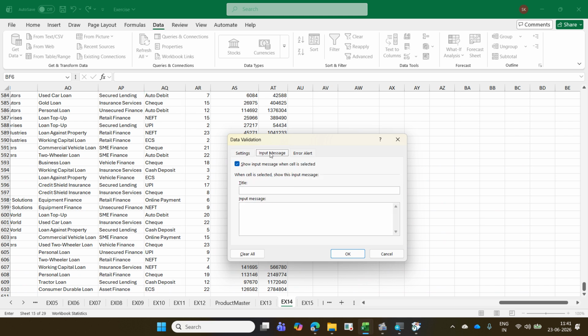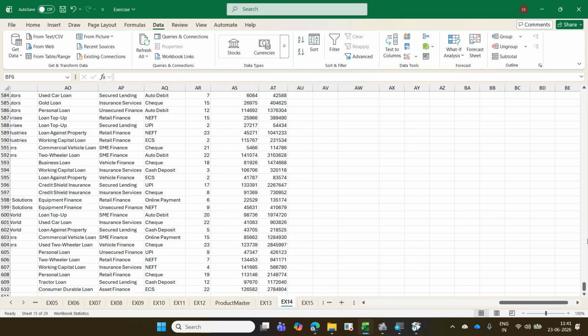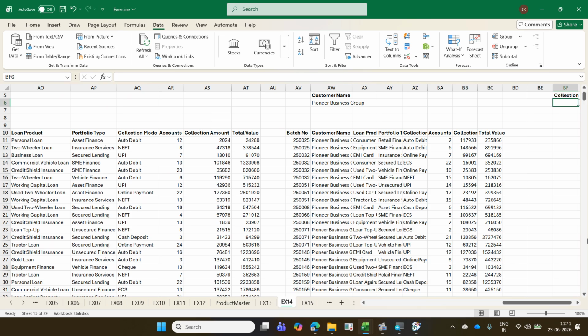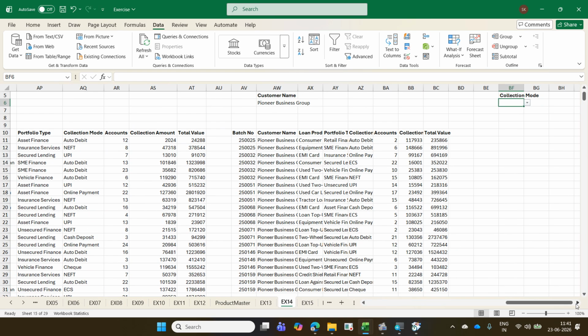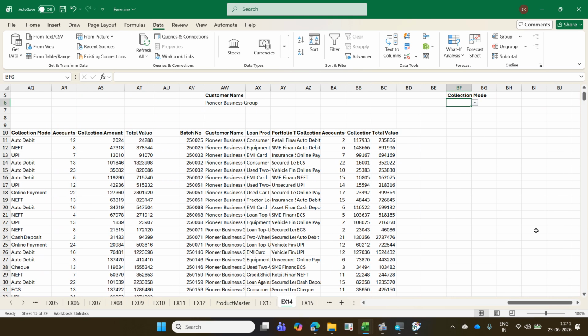How can I select this drop down without using mouse? The shortcut key is Alt down arrow. Alt down arrow or Alt up arrow is the shortcut key for selecting the drop down without using mouse. Alt down or Alt up. You can select it like this, then say equal to filter,